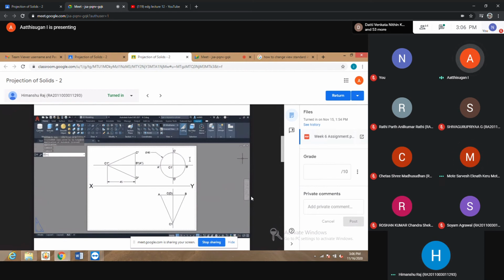Here is some notation for that circle, not for all the points. What are the cross sections? A dash B dash like this. So you divide the circle into 4 equal parts, 4 quadrants like this. He gave notations, but they should be in small letters, not capital letters. Okay, Himanshu, you have understood. Giving capital letters ABCD is fine, but normally for front view, top view, side view and all, use small letters.